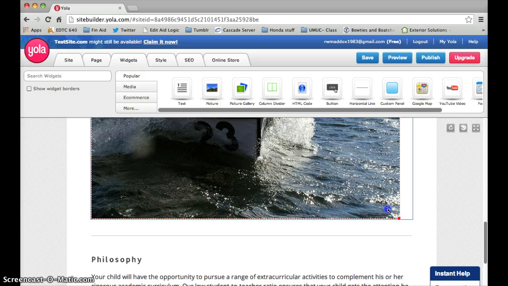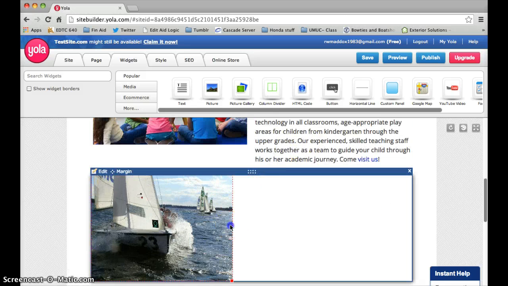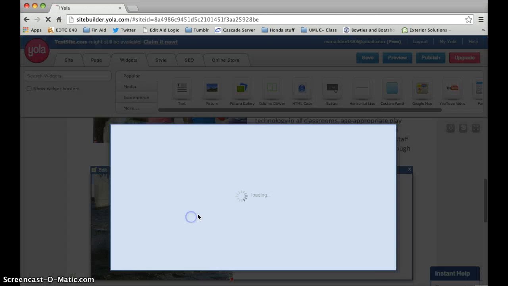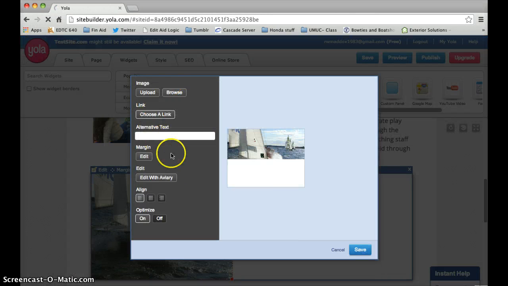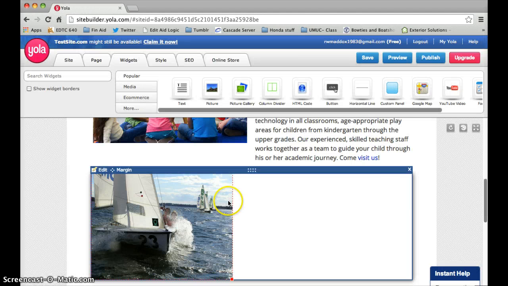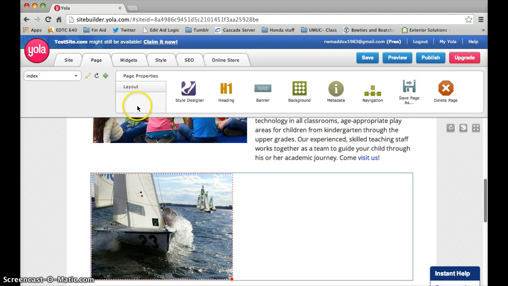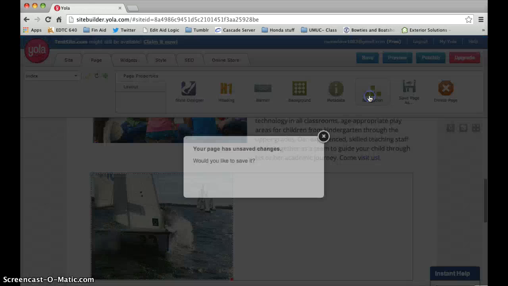With any other photo program, you just drag to resize, double click to edit the photo itself. You can add a link to the photo so you have it going somewhere. Really very easy to create the pages within your website. This gives you the page options up here in your tabs, and so if you have any questions about where the navigation leads you,